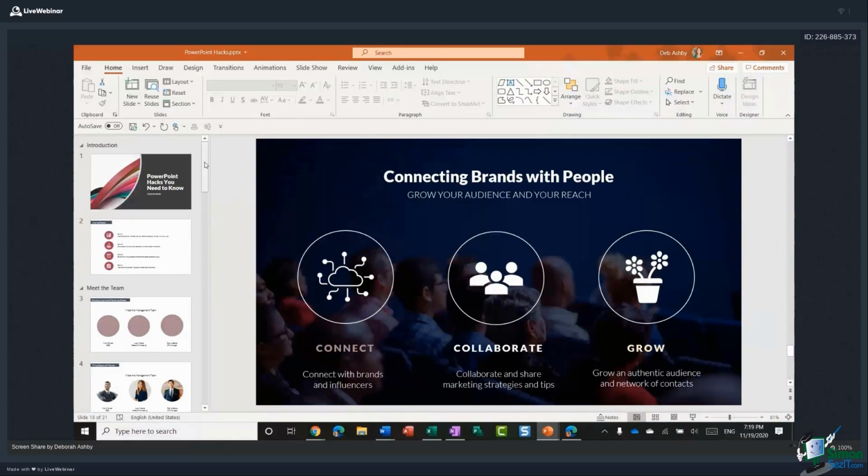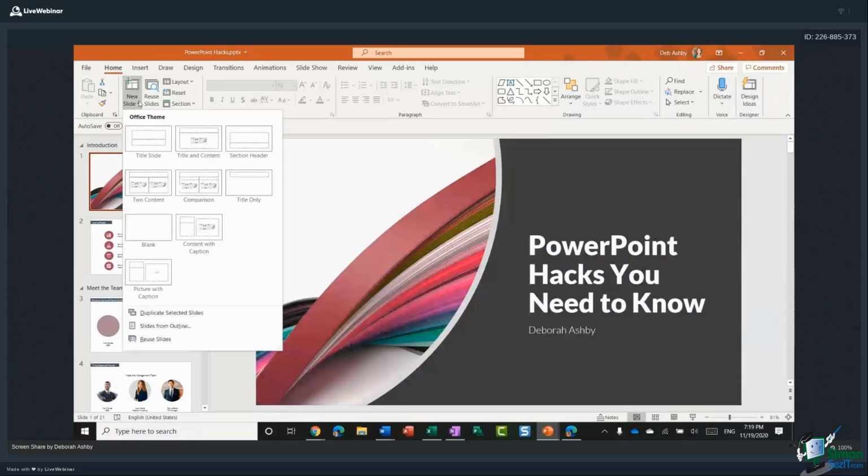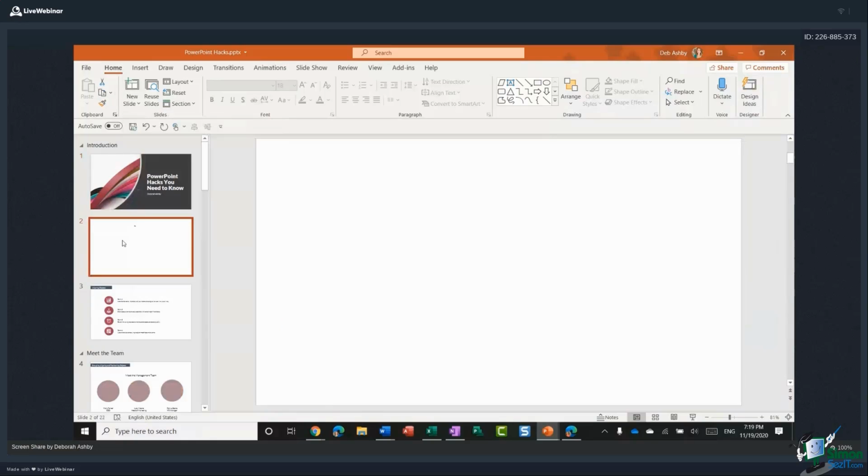Now, another cool thing you can do is section zooms. So if you have sections, you can essentially create a really nice, I like to call it a table of contents, and again, let people choose which sections they want to view first. So what I'm going to do is right at the top, I'm going to add in a new blank slide. I'm just going to place that at the top here.